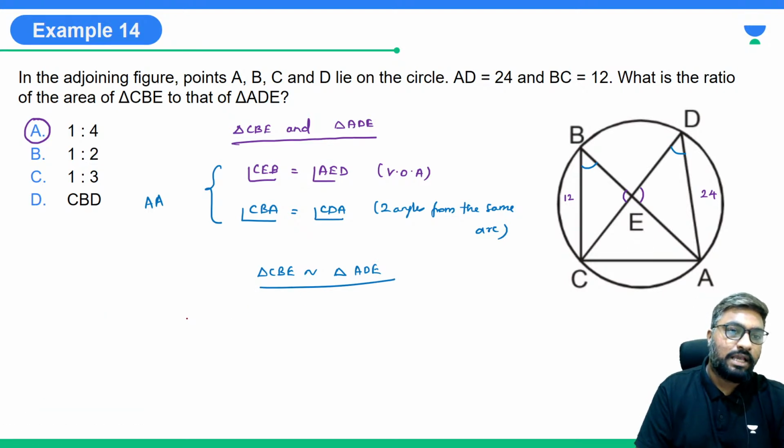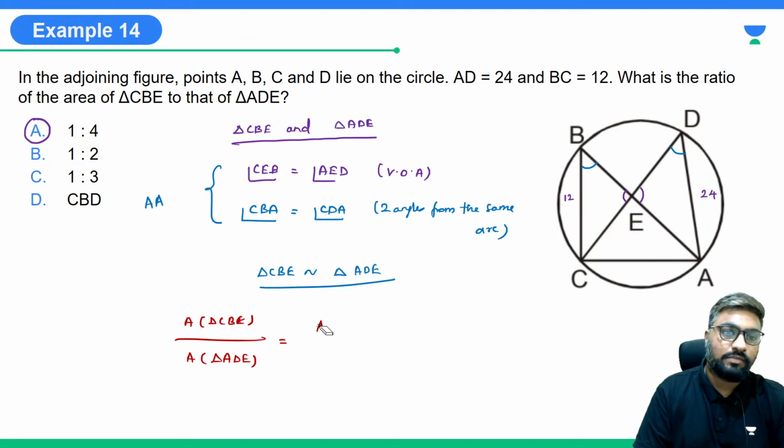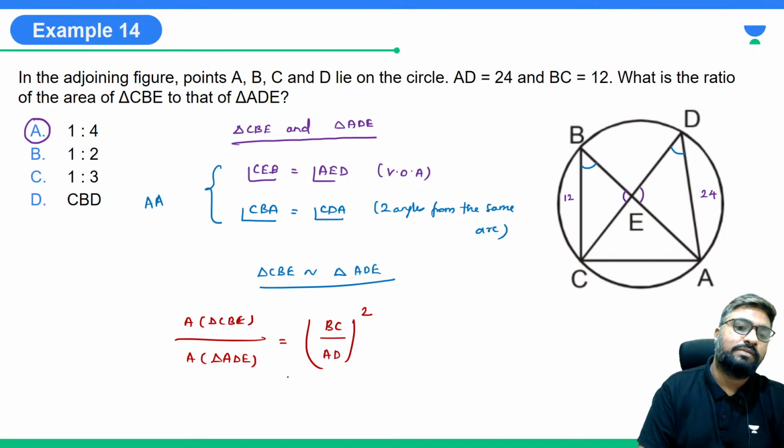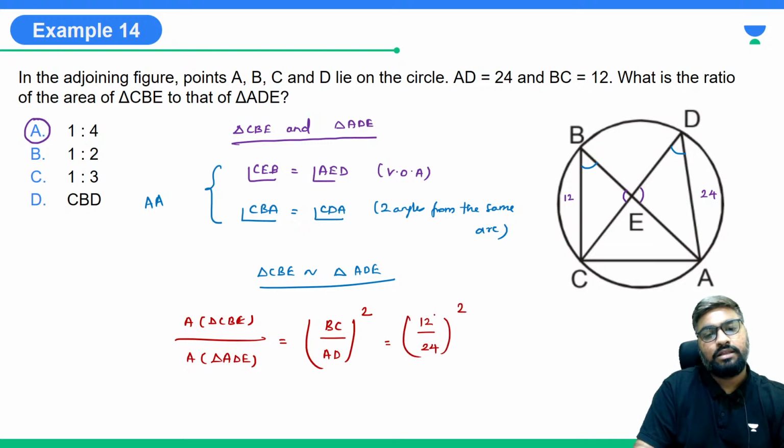Yes, so area of triangle CBE to area of triangle ADE is going to be equal to what? BC by AD square. Yes, similar triangles, ratio of area of the similar triangles will be equal to square of the ratio of their sides. तो BC 12 है, ये 24 है, इसका square, this is 1 by 2, 1 square is 1, 2 square is 4, 1:4 is our answer. Okay,